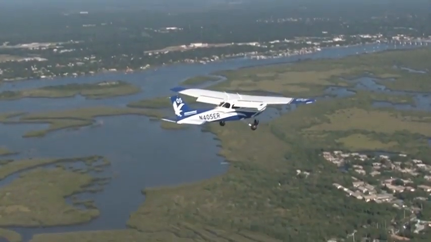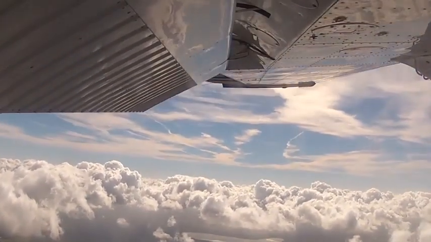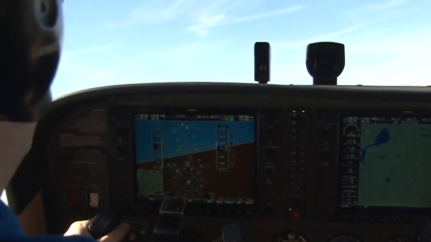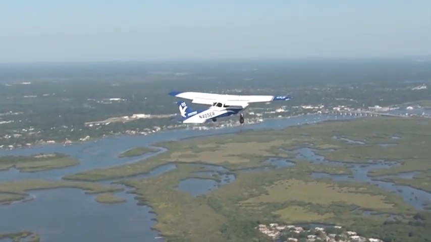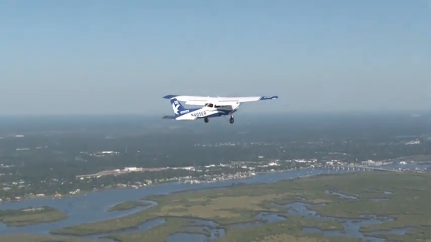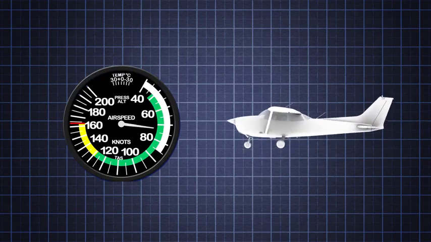Since the stall is a result of an excessive angle of attack, the only way to recover from a stall is to reduce the angle of attack below the critical angle. Power should be added to minimize the amount of altitude lost in the recovery and increase the airplane's speed as quickly as possible. In addition to the aircraft's airspeed and angle of attack, there are other factors that affect the